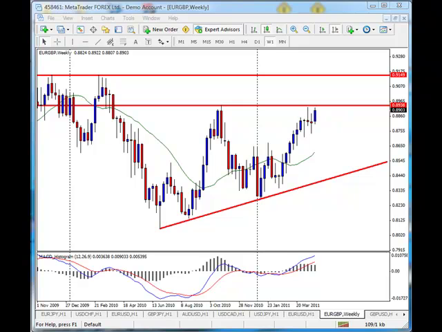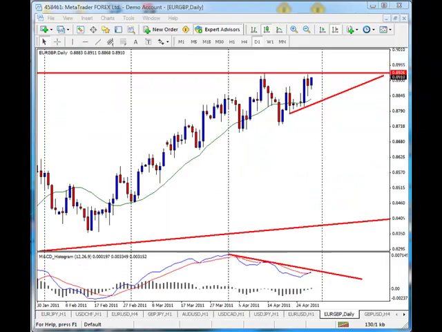Okay, let's have a quick look at the euro pound. Here's the weekly. On the weekly, we're starting to get some divergence on the histogram, and we've got an important level right above there, resistance, and further up where it made a double top, another resistance, but this is on a weekly. So right now the weekly is bullish, but we'll need to close above that line